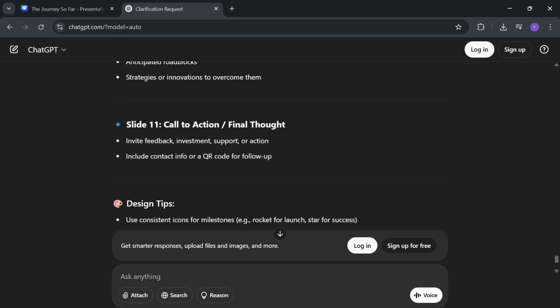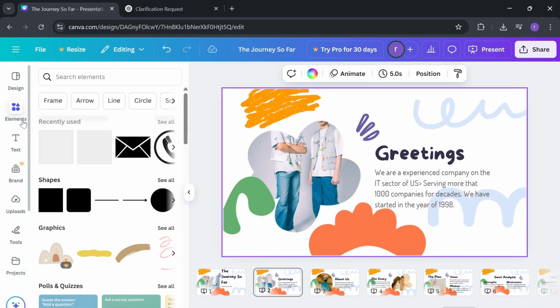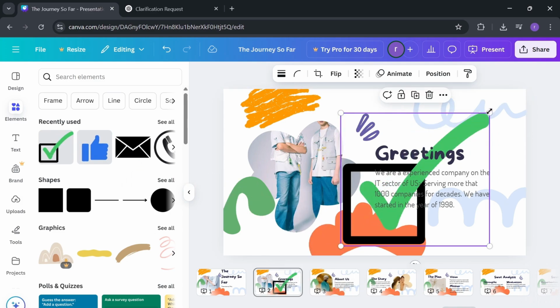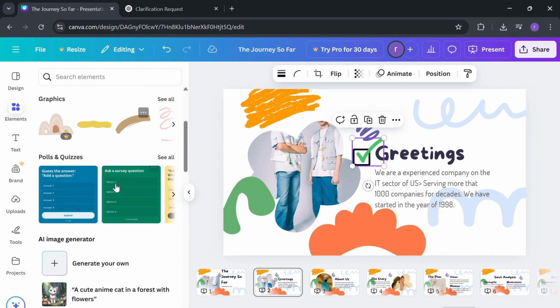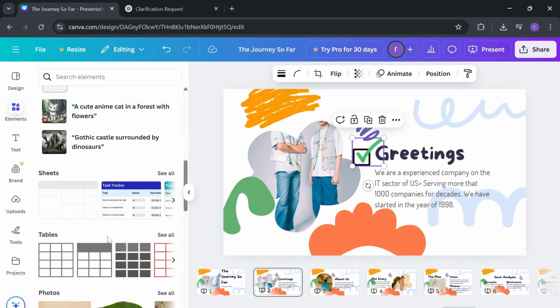So I am not doing a complete presentation. I'm just here to showcase you the items. You can use some elements or icons here as you like, and you can also create elements from here. Generate your own. See, so then